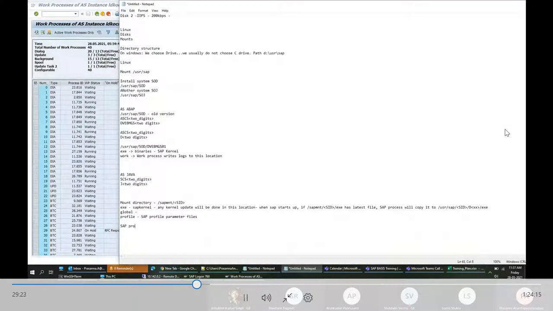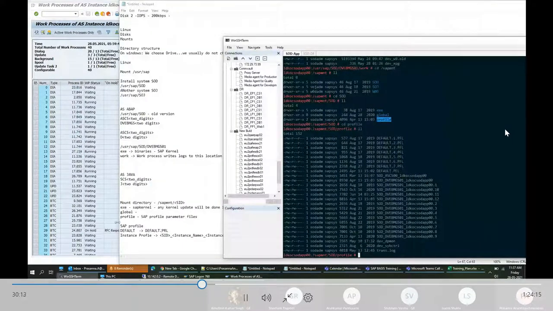So there are three types in the older versions; in the new version there are only two: default profile and instance profile. The default profile will have the name DEFAULT.PFL. The instance profile will have the name SID_instance name_instance number. So if you compare this, you can see default will always be the same for any system. It will have the same name, DEFAULT.PFL. But for the instance profile, then